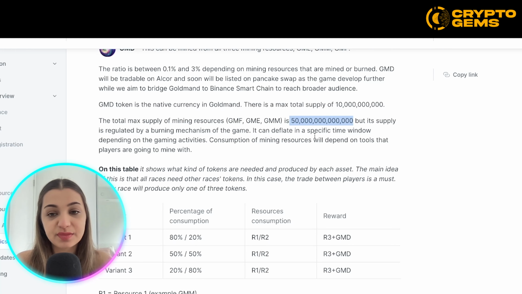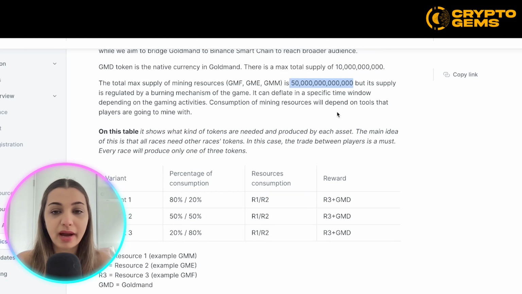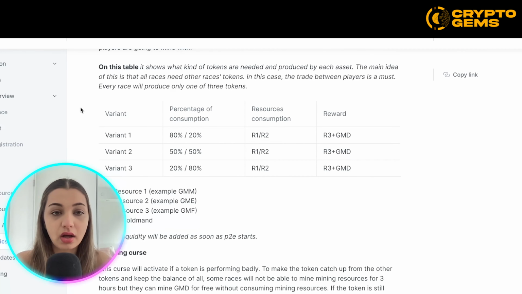It can deflate in specific time windows depending on the gaming activity. Consumption of mining resources will depend on the tools that players are going to mine with. On this table, you're going to find the kind of tokens that are needed and produced by each asset, and